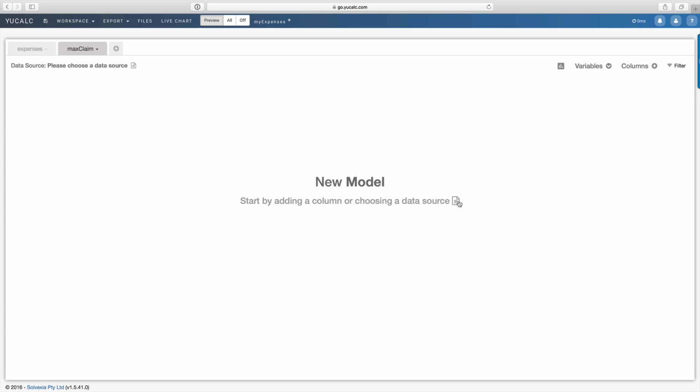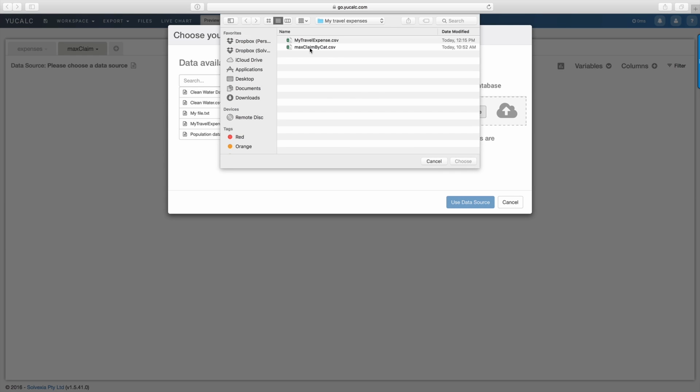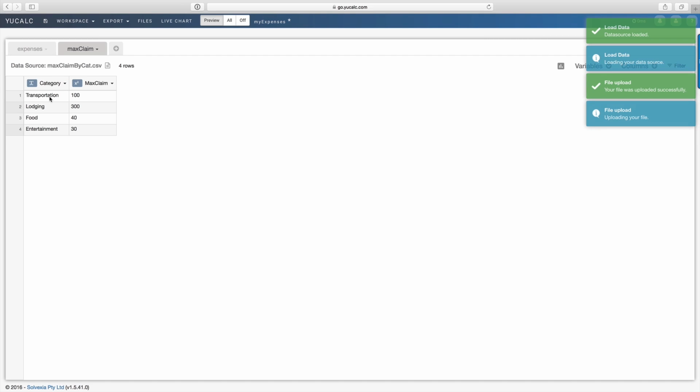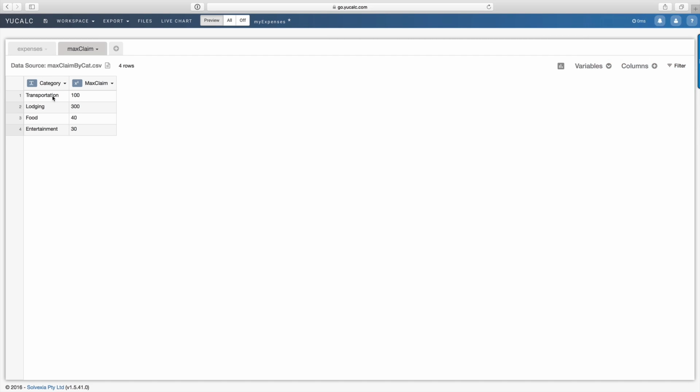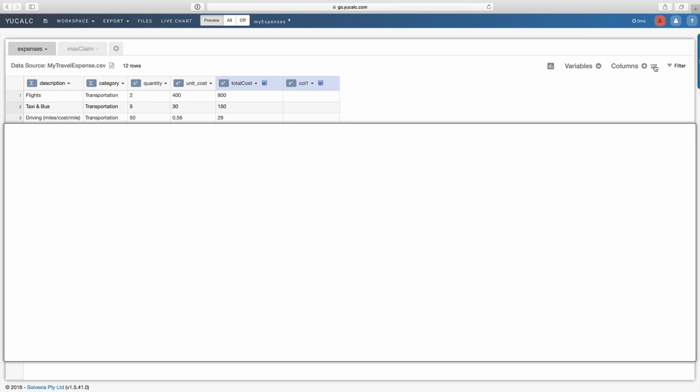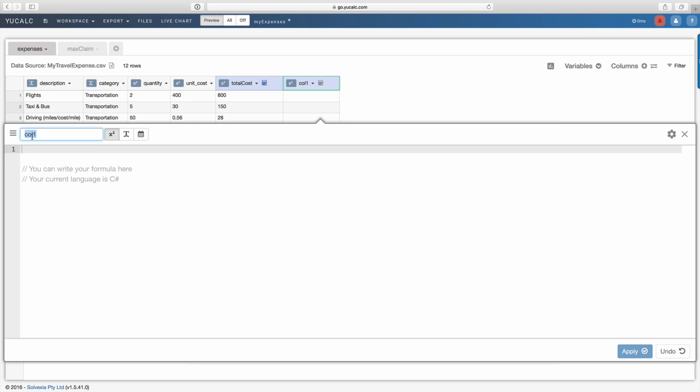And in there, I'm going to load in a new file, in this case, that contains the maximum allowed claim against each category of expense. So we can see the 4 categories and then the total maximum claim against each. And then I'm going to go back to my expenses model and I'm going to add a new formula that looks up the maximum claim against each one of these rows. So what I'll do is go to Columns, add a new column, rename it to Maximum Claim Allowed,